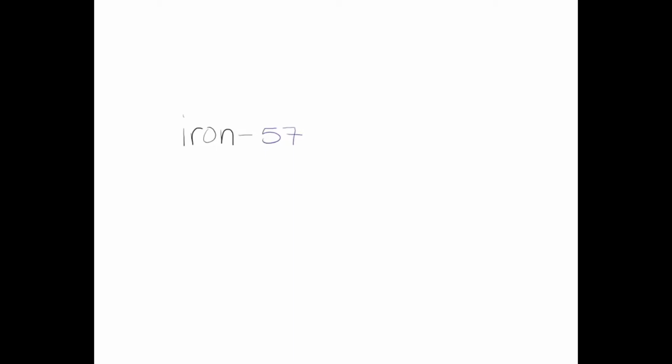To go from name to symbol notation, let's start by interpreting the two pieces of information provided in the name. The number 57 refers to the mass, A, of this specific isotope. The element, iron, has the symbol Fe. Recall that the symbol notation for an isotope is set up like this: AZX, where the mass number A is at the top and the atomic number Z is at the bottom.